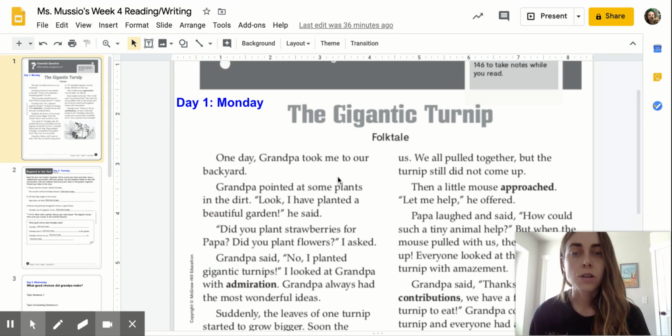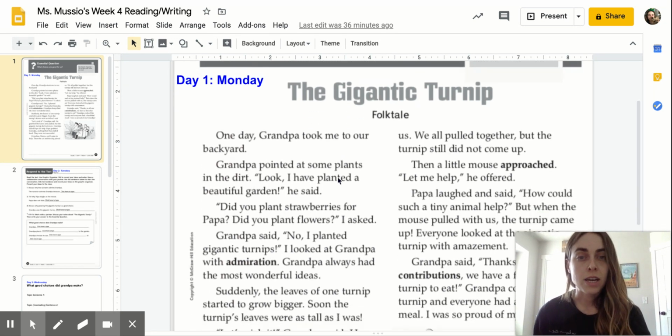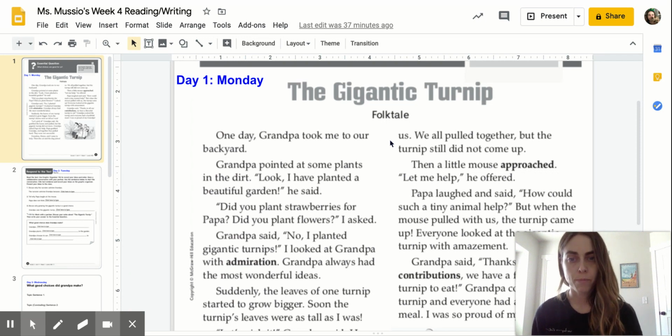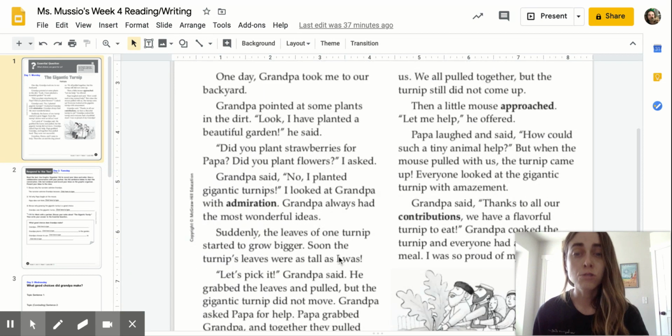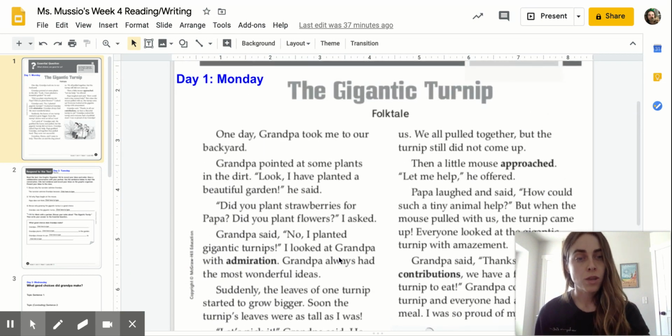All right, so today we're going to read a story called The Gigantic Turnip. This is a folk tale. I want you to think for a moment what you remember about folk tales, that genre of literature. What do you remember? So folk tales are short stories that have been passed down from one person to another, and they always have a problem, and the characters in the story are trying to solve that problem. Okay, and finally, usually a folk tale ends with some sort of lesson or message that the author wants to